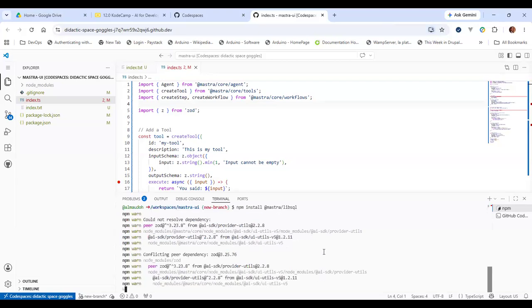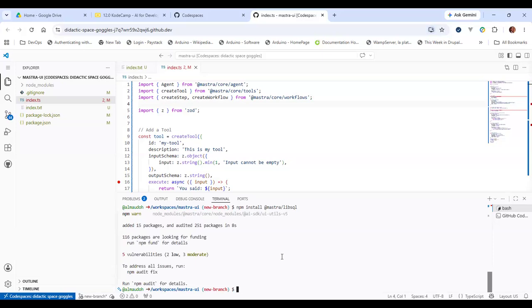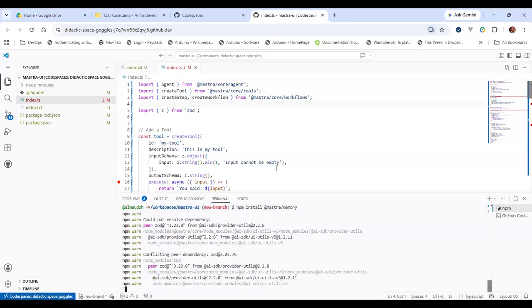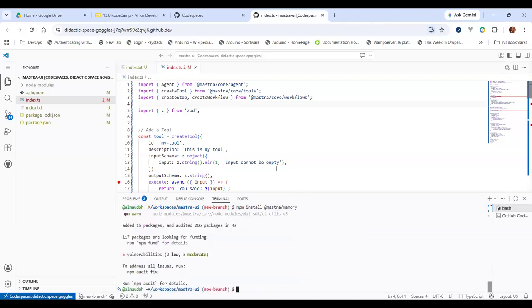So you also have to install Mastra memory, which contains the actual memory. Mastra core doesn't contain the memory that I was looking for. Mastra core actually contains the base class definitions of memory.